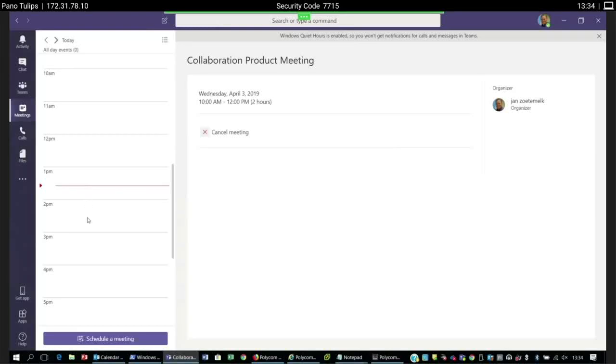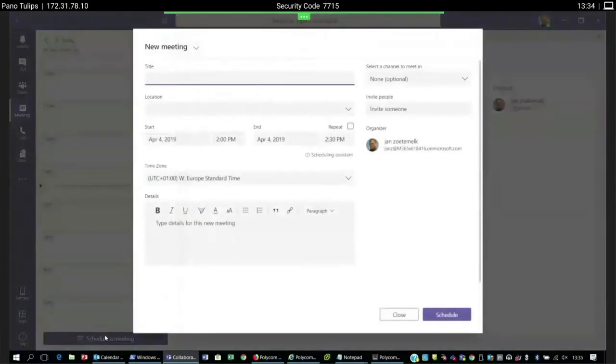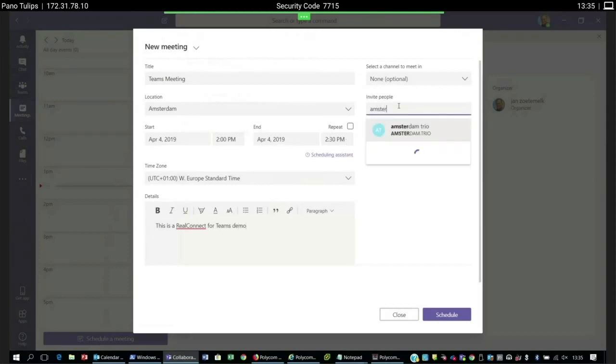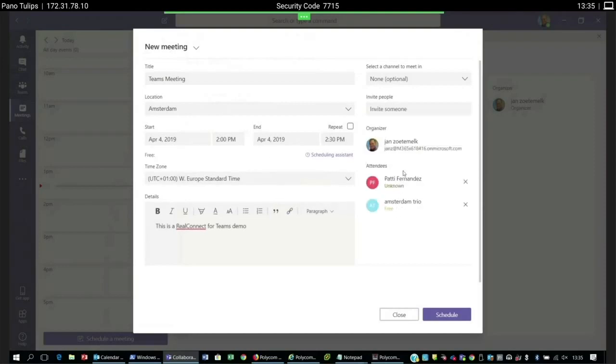Let me show you here. If I schedule a meeting in my Teams client, let me give it a title, Teams meeting location. Okay, let me set it from 2 till 2:30. All right, this is a Connect for Teams demo. We invite participants, so I'm also inviting here Amsterdam Trio, and you can invite some people,